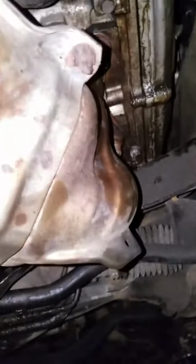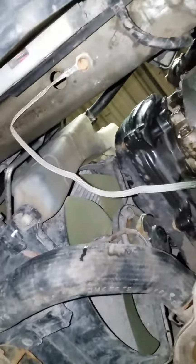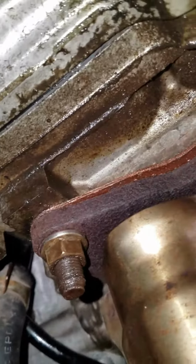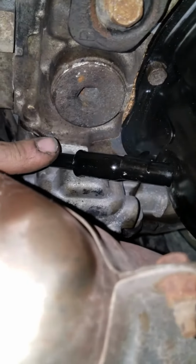Once again, I said the exhaust isn't really that difficult. Make sure you have some gaskets on hand in case yours are ripped to shreds. These ones actually were pretty new, so we just coated them with some gasket prep silicone, the high heat one. But yeah, you got to get your oil dipstick tube, and you got to be able to put